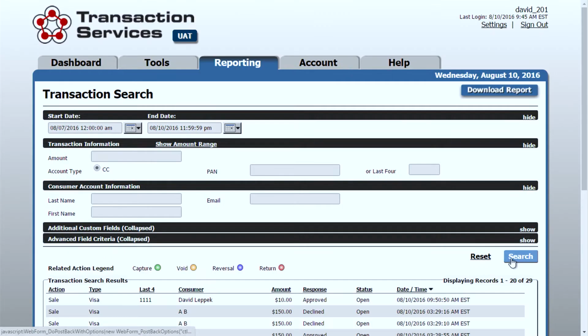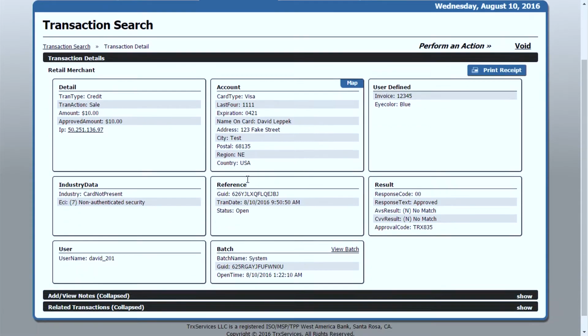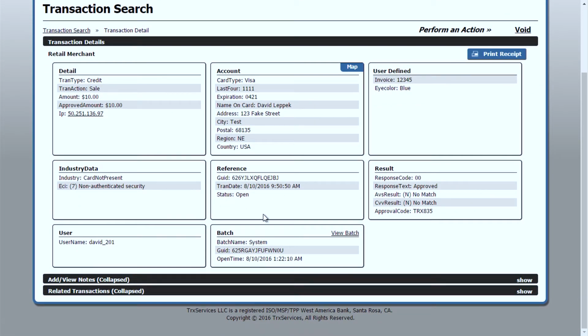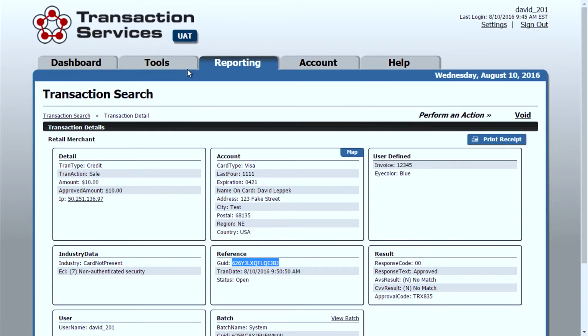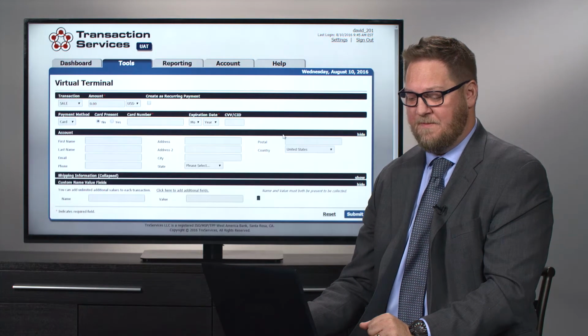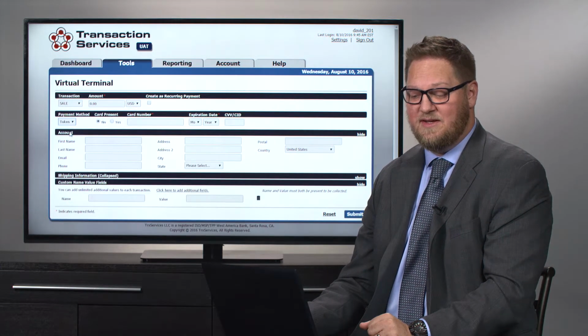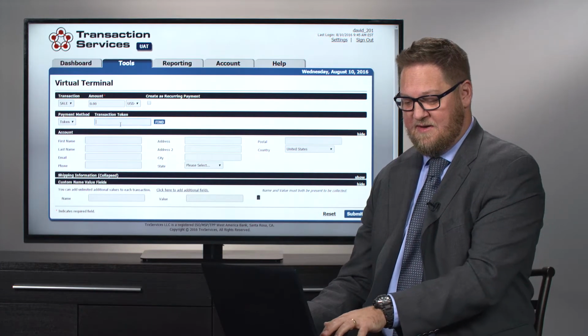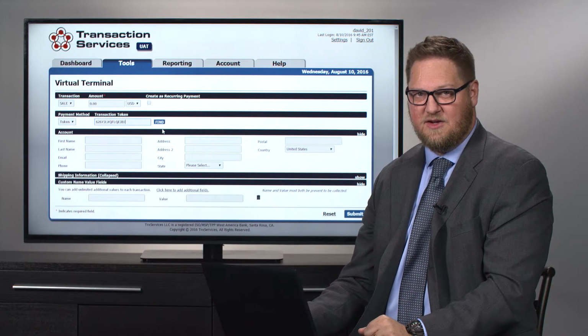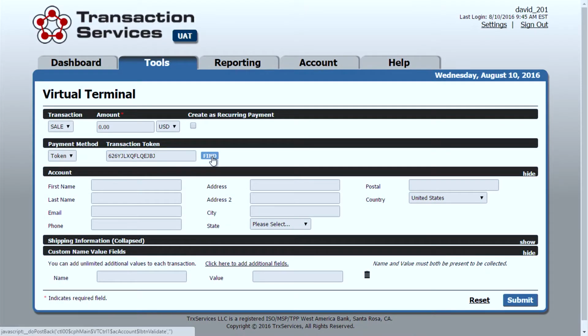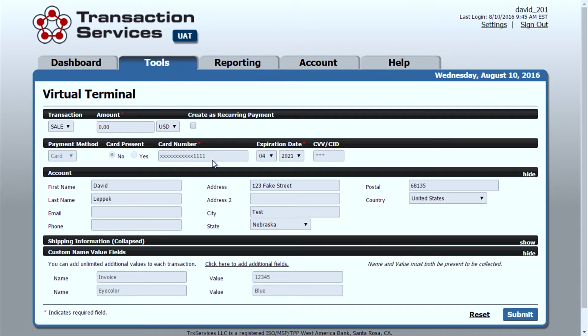Actually, if I briefly look at that report, you'll notice that we have a reference section. And in that reference, we have something called a GUID, a Global Unique ID. This big ugly number is very important to our system because it allows us to store all credit cards for all time throughout our system. So when I go back to that virtual terminal, if I chose the option of token instead of card, I can paste that global unique ID, that GUID, into our field, and by clicking find, I immediately retrieve that credit card data in